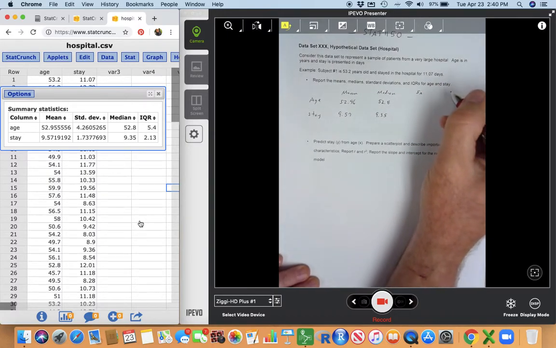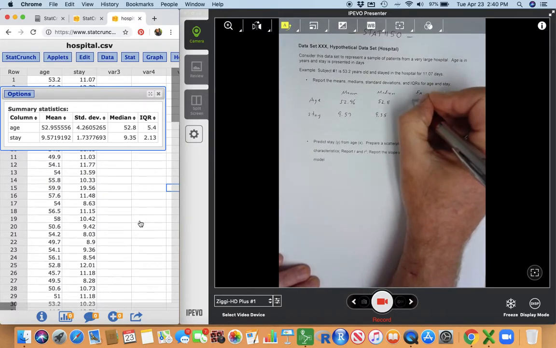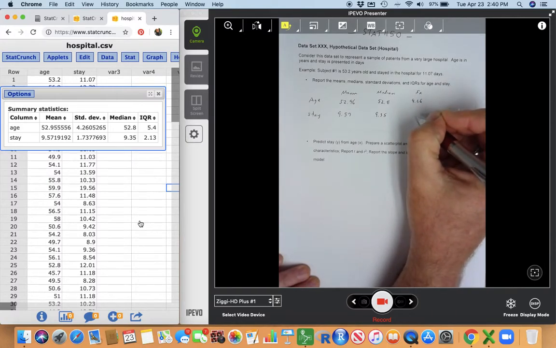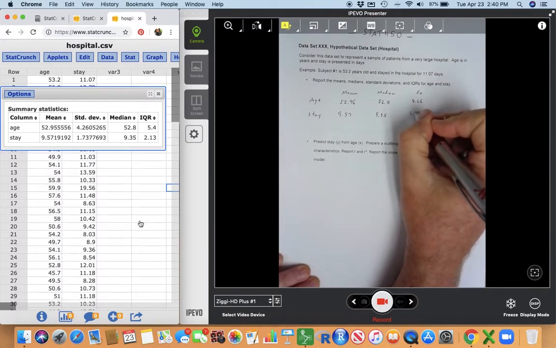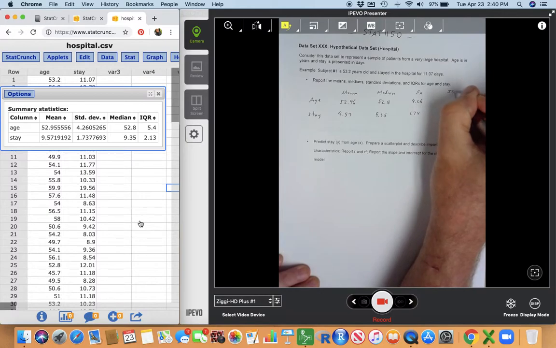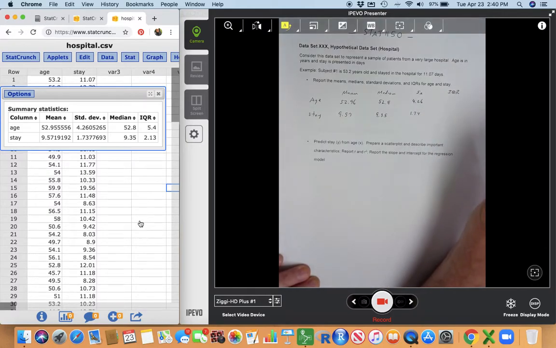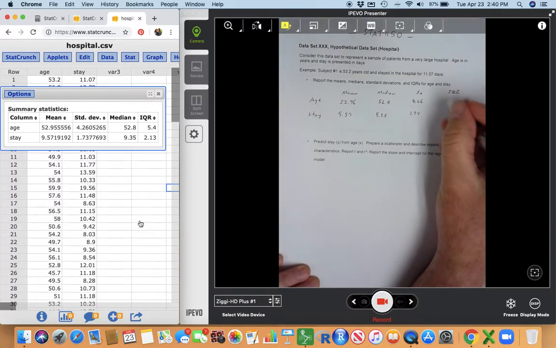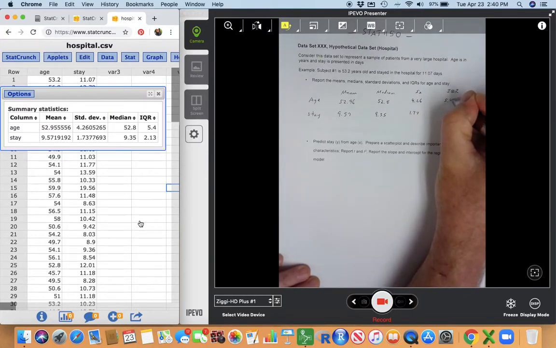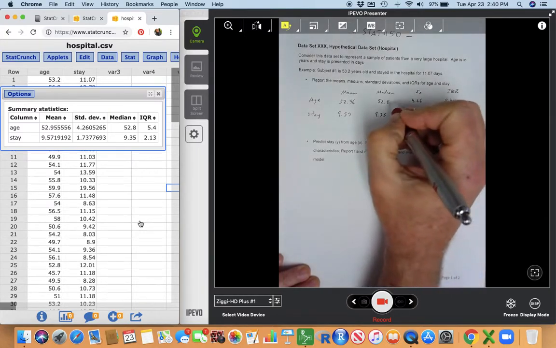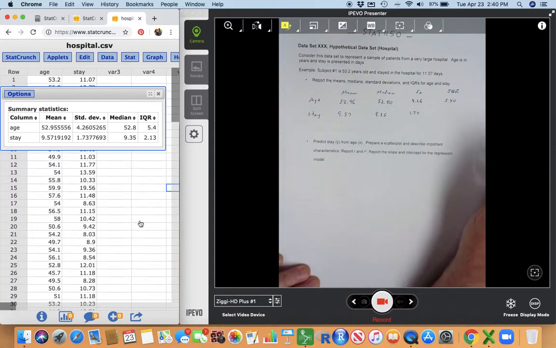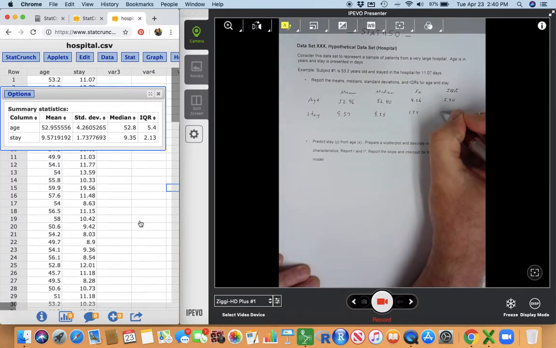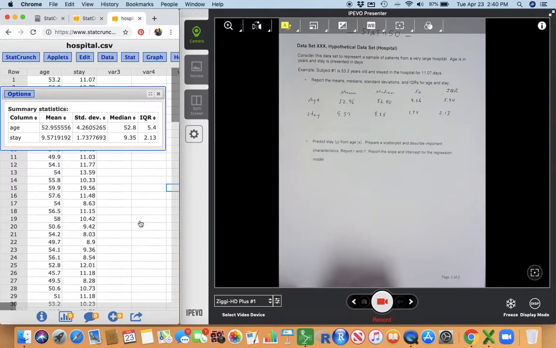The standard deviation is 4.26 and 1.74, and then the IQR for both are 5.4 and 2. So I'd report that as 5.40 because I want to be consistent in rounding to two places everywhere. That's one place where I will take off on your final project if you don't round